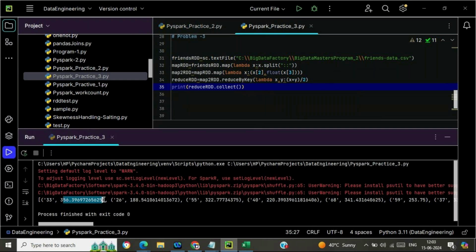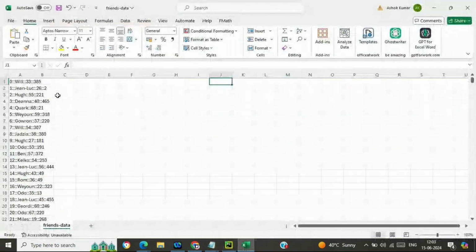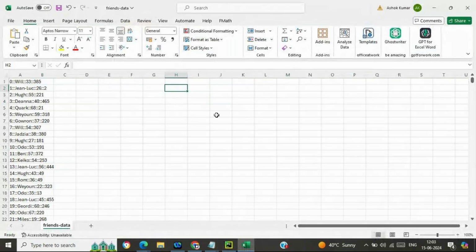The main thing is that we are not sure whether we have two values of x and y or three values. Think of 33 and say 385.